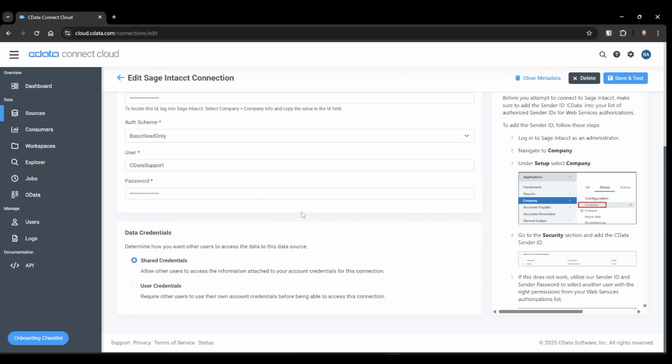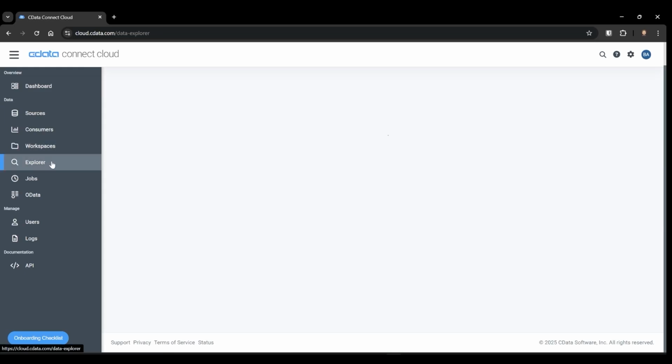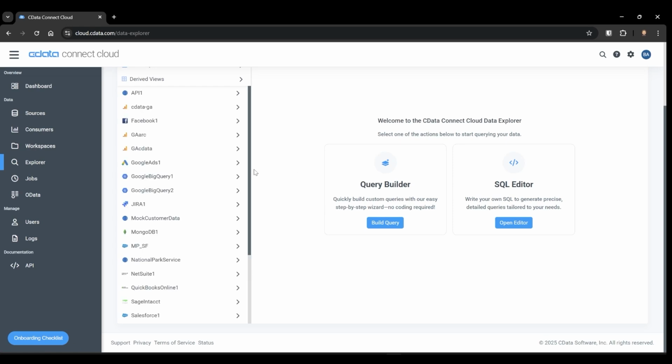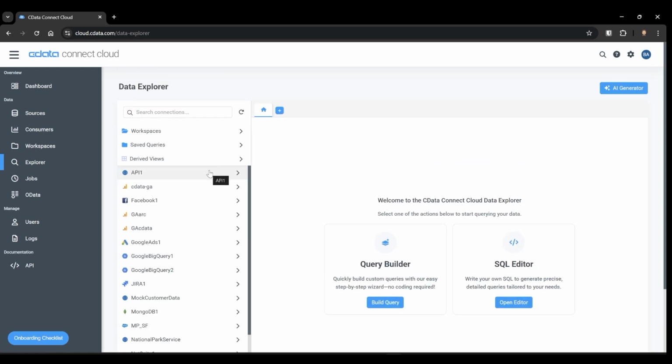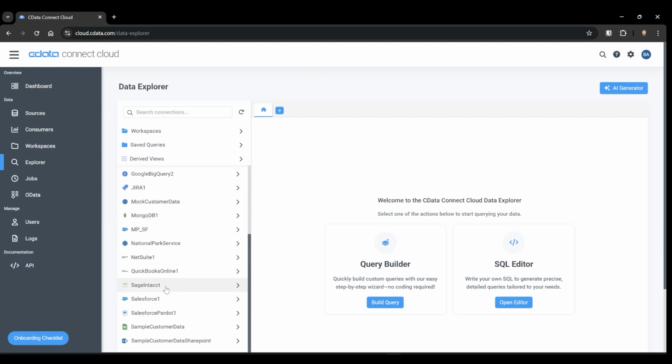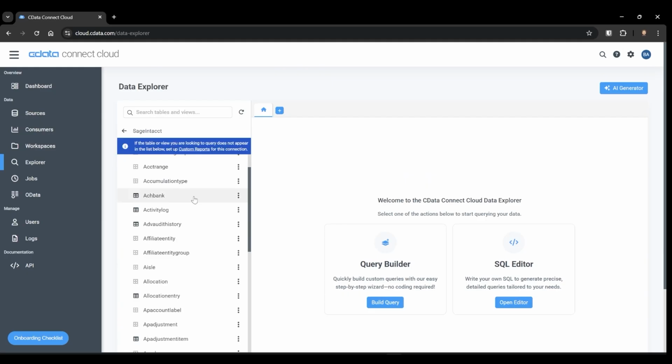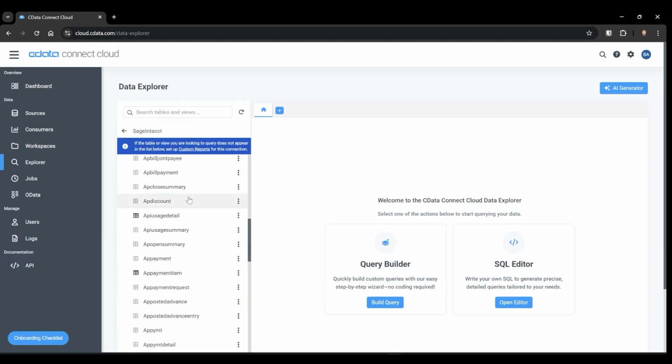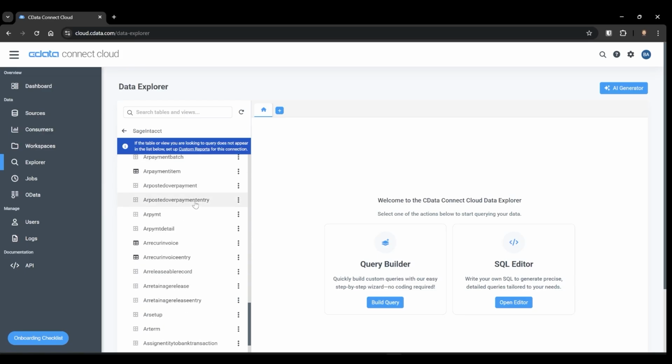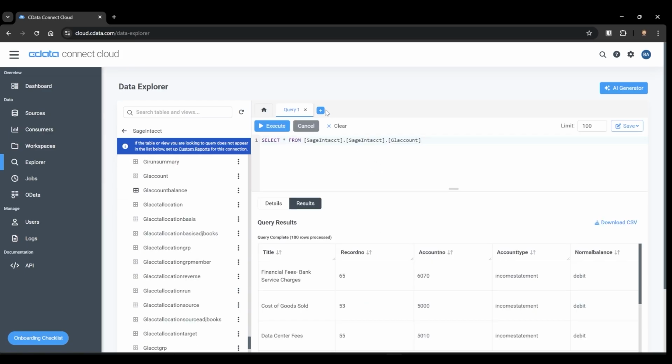Now that we've connected, let's explore the data. In the Explorer on the left, you can browse available tables, preview data, and filter information before bringing it into Power BI. Let's scroll down and select Sage Intacct. Then we can select our data table from all the available ones in the data source. In the Explorer, I can also use the Query Builder or input my own SQL to select the data I